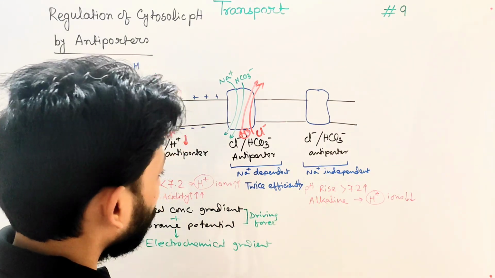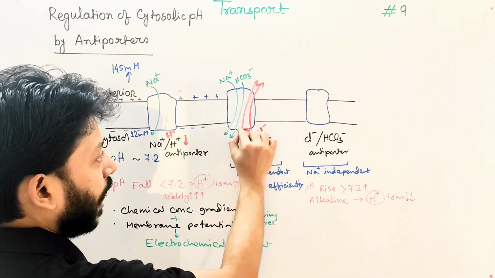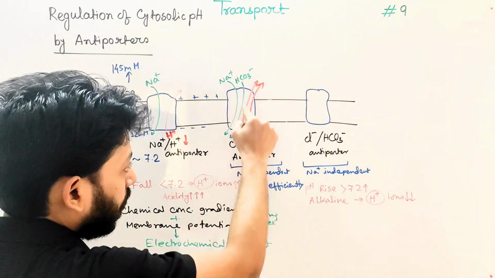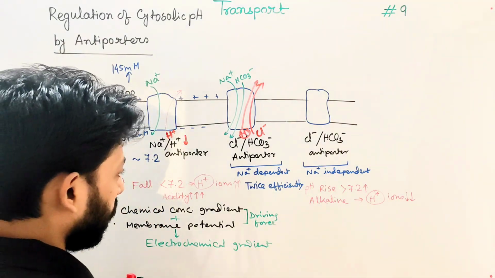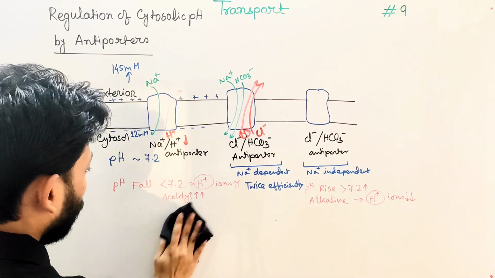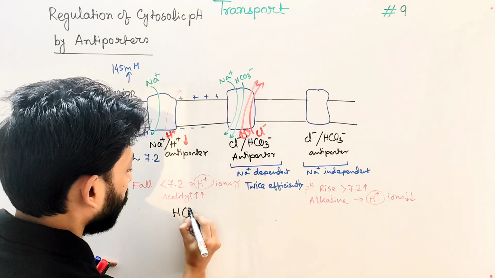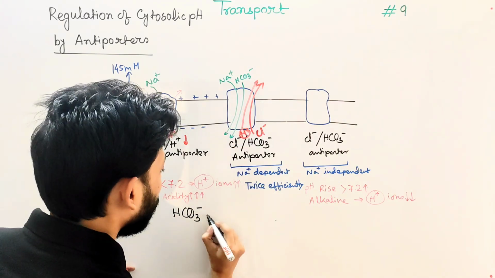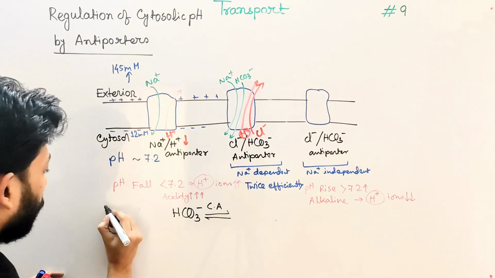Now, how does this transporter work twice as efficiently? First, it removes one hydrogen directly from inside to the outside. Another is by importing bicarbonate ions. By importing one bicarbonate ion, it actually goes through one reaction: when the bicarbonate gets inside the cell, it is converted by an enzyme called carbonic anhydrase,